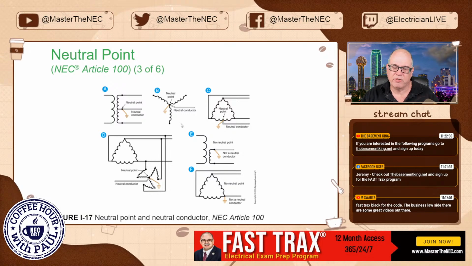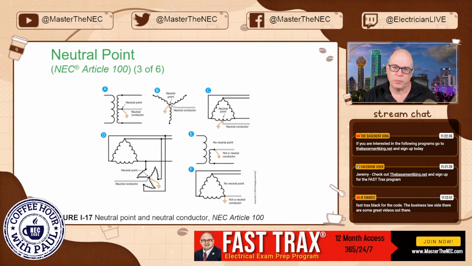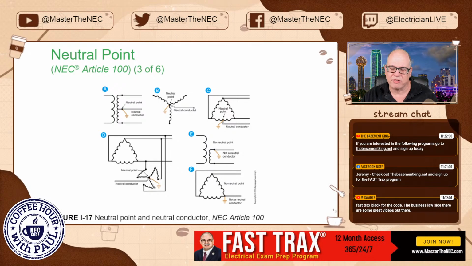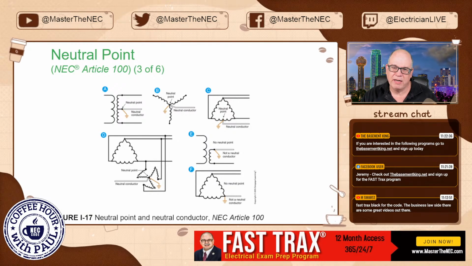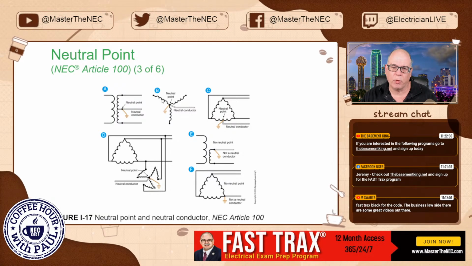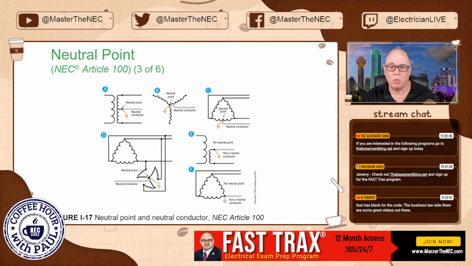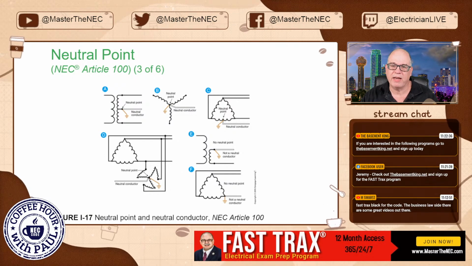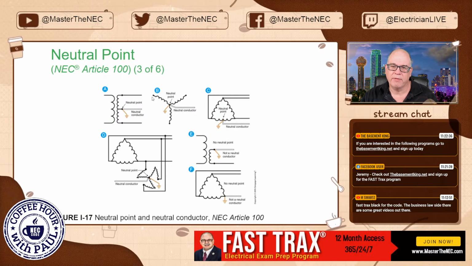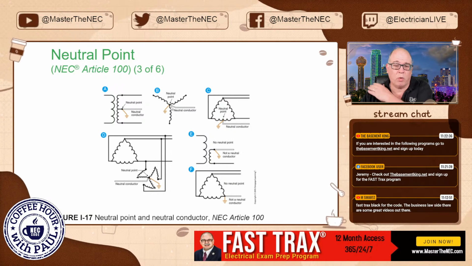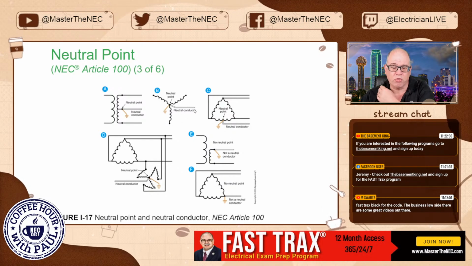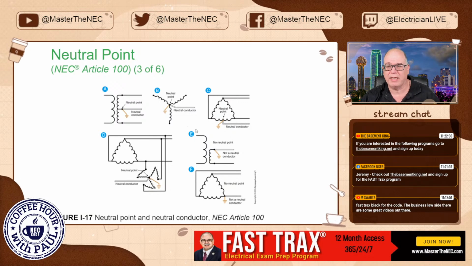Right here, this is a Y configuration. This is the neutral point, the center point of where that neutral conductor connects. The neutral goes out to your service. So right here, this is the neutral point. This is, say, a 120, 240, 120 Y system, 120, 208. Then you would say any one of these windings connected to the neutral point, from here to here, it's going to be 120. So it's the same on all of these. So this is truly a neutral conductor. It's neutral between each of the legs.